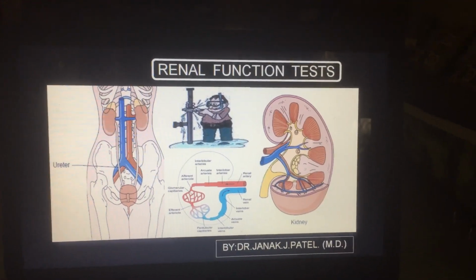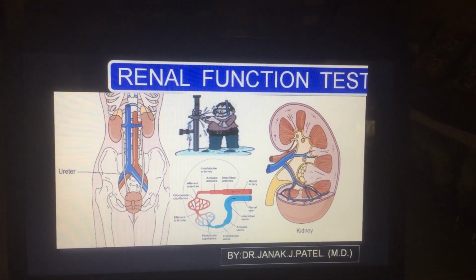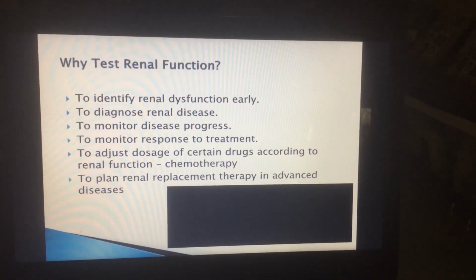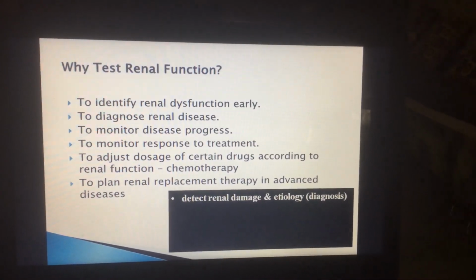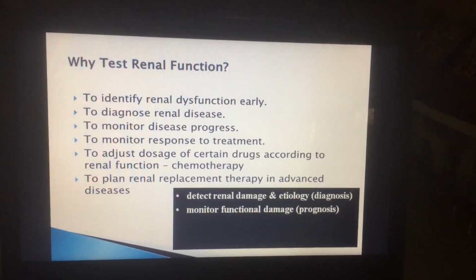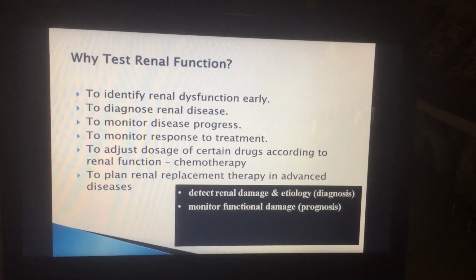Today we are going to talk about renal function test. Why do we do renal function test? To detect renal damage and etiology, that is to make the diagnosis, monitor function of the damage, so that is